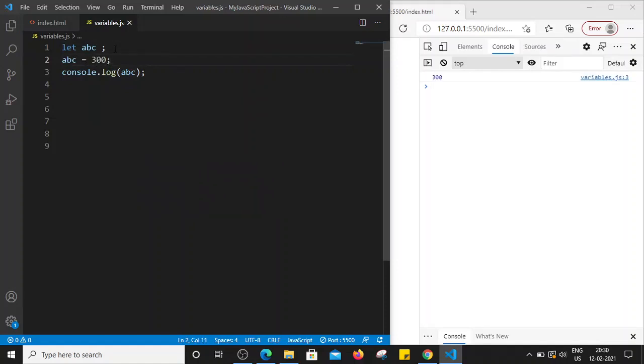I'm just saving the file. See, 300 got printed here. That means so far this is a valid use case, right? We have declared, then assigned the value, and then we are printing the value.